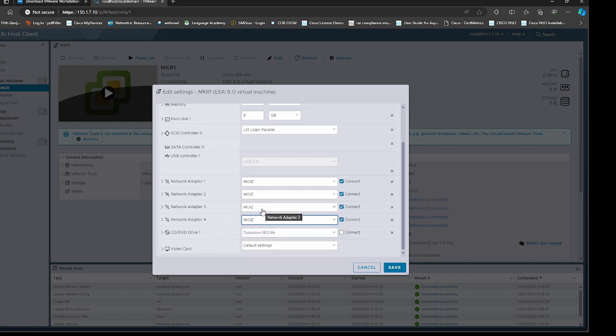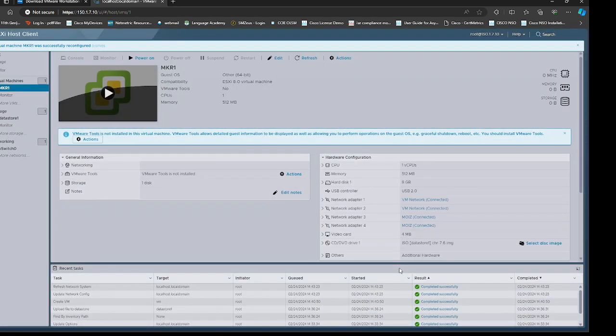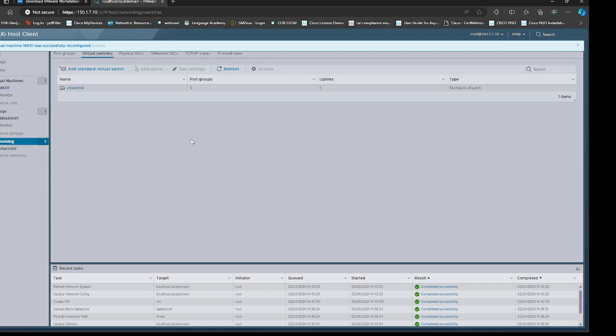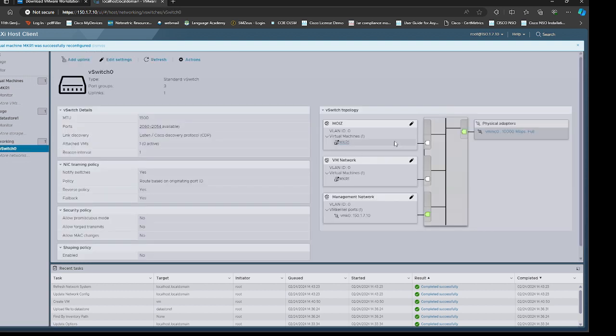So now I can say that the first two ports should be connected to one port group, and another two ports should be connected to different port groups. It's totally up to you. You can be flexible in adding anything you like. Now, the main thing you need to understand is when you are connecting to the port groups. You see that MikroTik router is also here on the VM network.